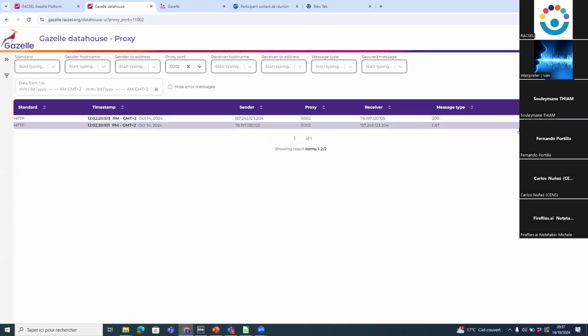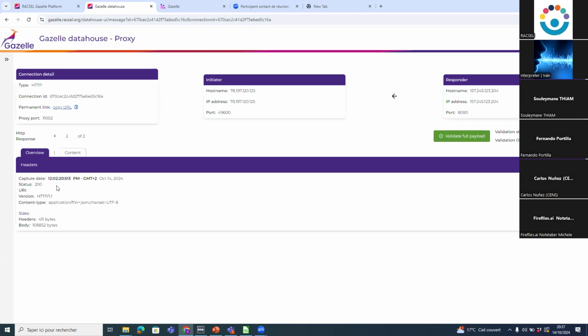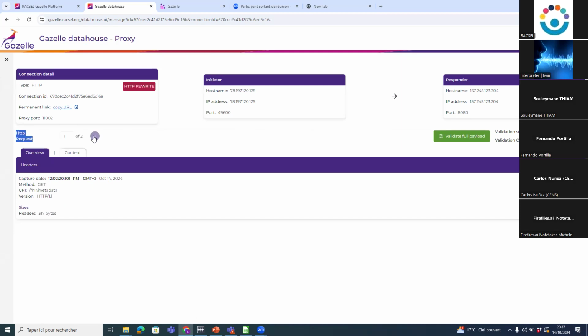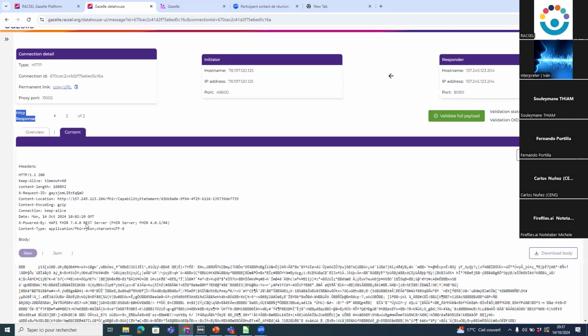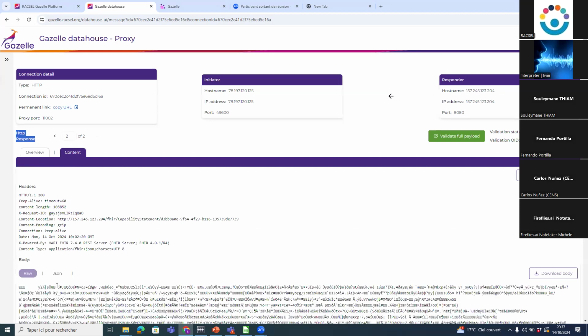Once you receive the message, you have this button, access detail, and from access detail you have the HTTP response. You can move between the request and the response by clicking this button. So you have the request, and if I want to move to the response, I can click on this button. If you want access to the content of your HTTP response, you have this section, content. In content, you have the content of your message with some parameters that we will fix afterwards.